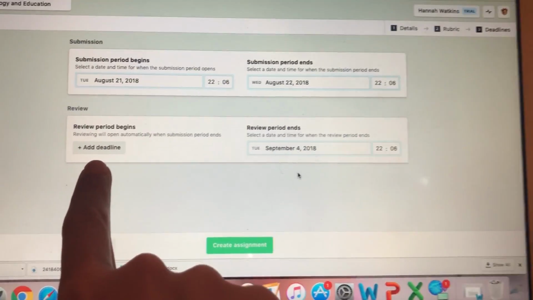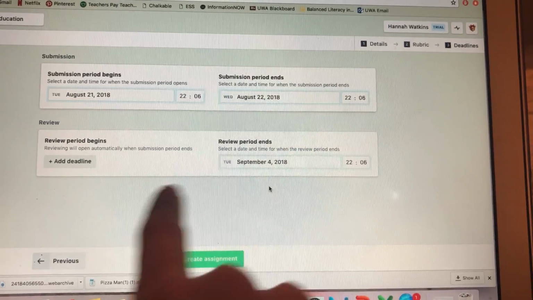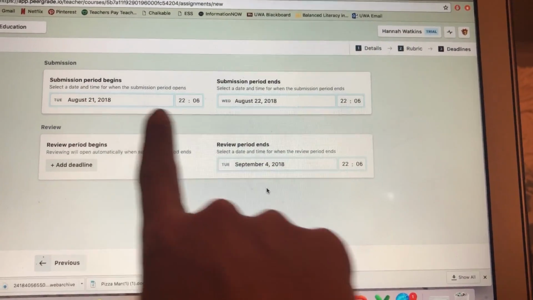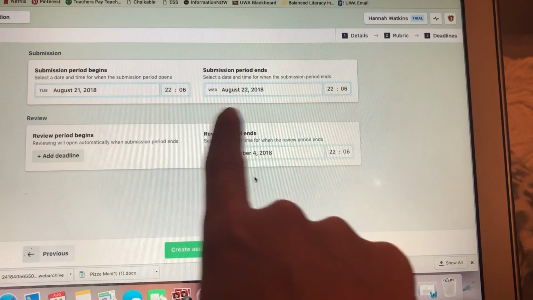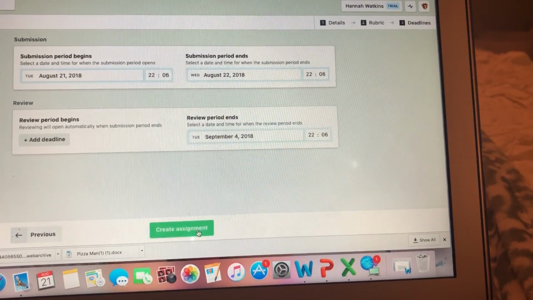And this is the review period. You can do when they are allowed to start reviewing papers and when it ends. So for example, if I were to do this assignment today in class and I didn't want them to review it until tomorrow, you could set this to open up tomorrow morning. You will do create assignment,